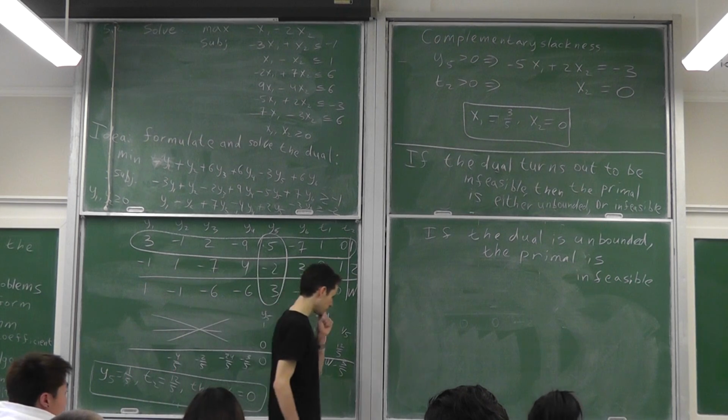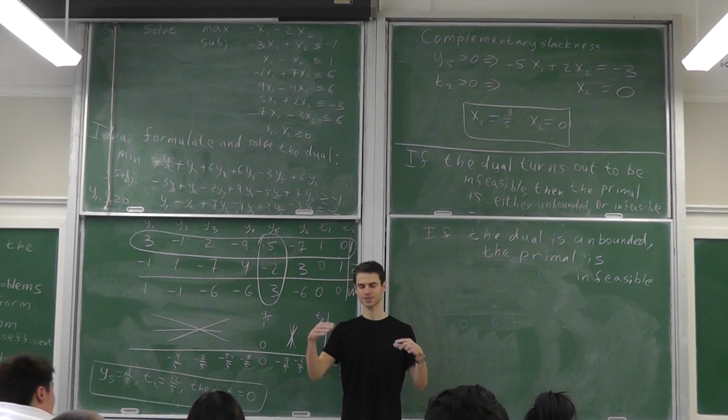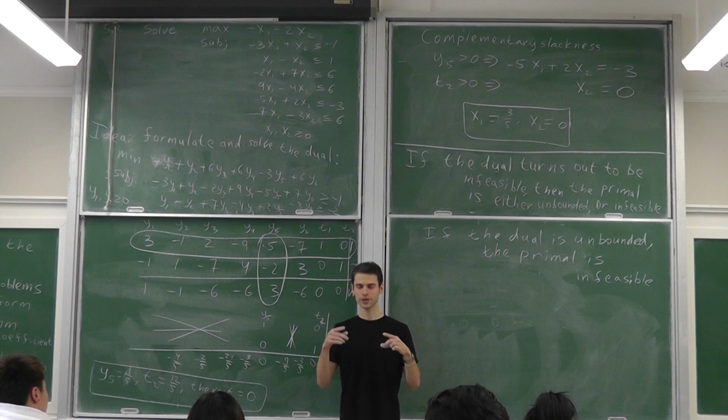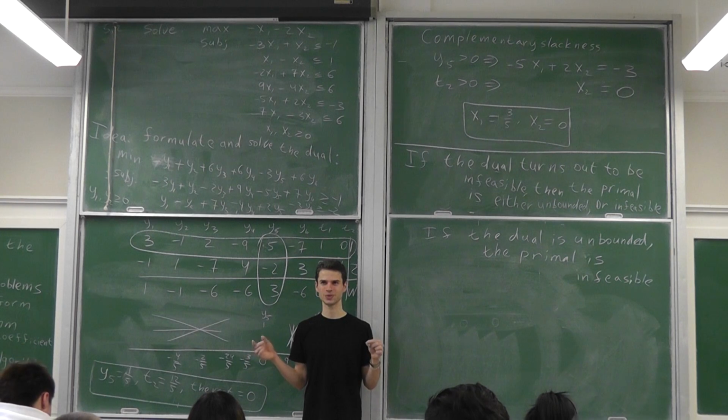So the question was, suppose that in the primal problem I get a dictionary where I have a basic variable, but it also happens to be 0. So it's basically about the degenerate solution of the primal, and then it leads to